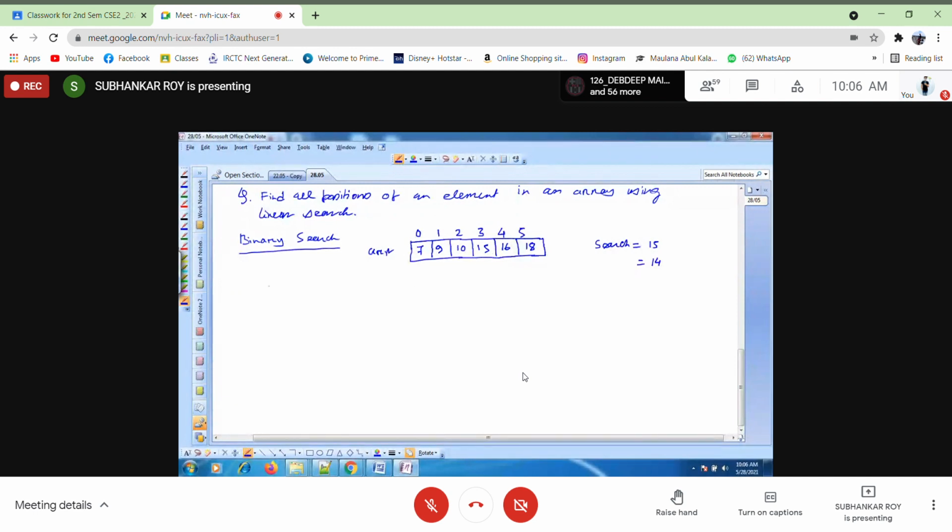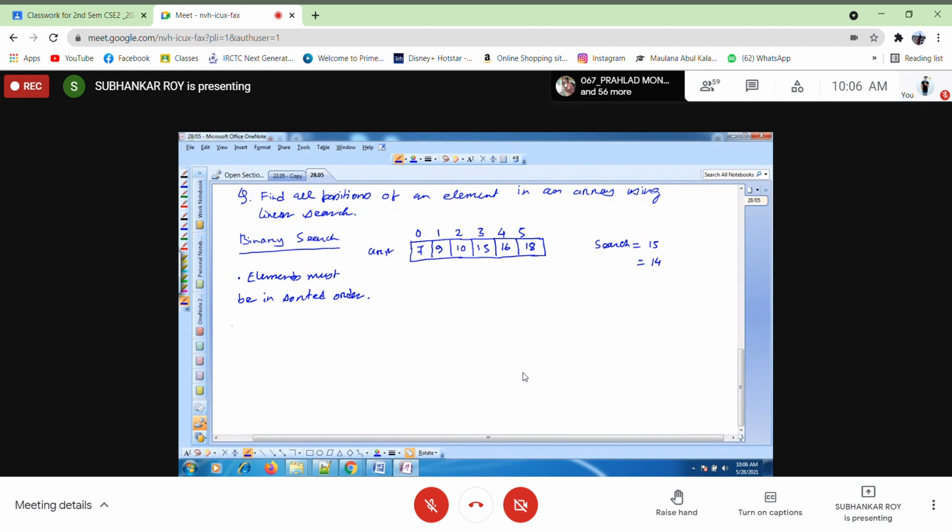Now there is a prerequisite of binary search. The elements must be in sorted order.